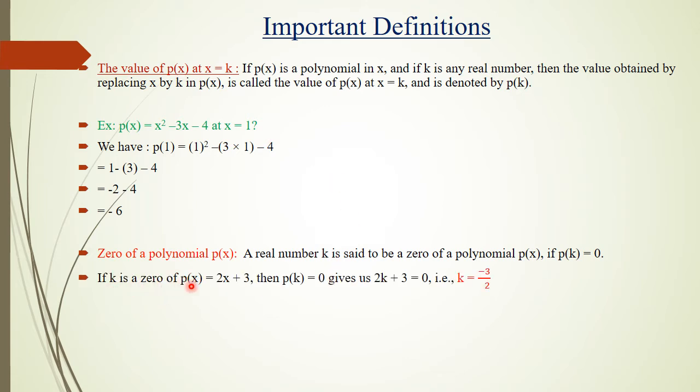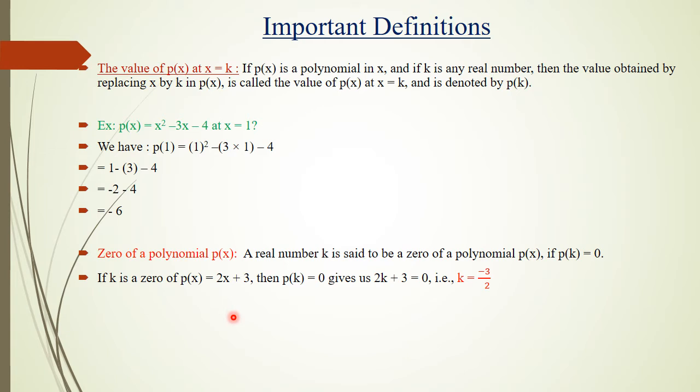If k is a 0 of p of x equal to 2x plus 3, this is an example, then p of k should be equal to 0 according to this definition, which gives 2k plus 3 equal to 0. Therefore, I can obtain the k value from this by shifting 3 to the right side of the equation sign and taking 2 down. Therefore, I get the k value as minus 3 by 2, which means if I put k equal to minus 3 by 2 in this equation instead of x, I will get the p of x value as 0. Therefore, this value of k is called as 0 of a polynomial